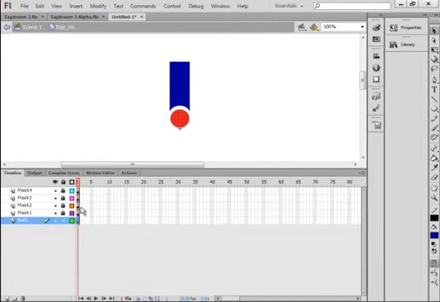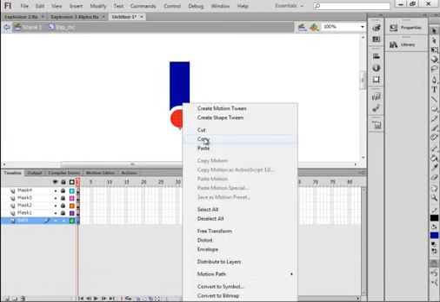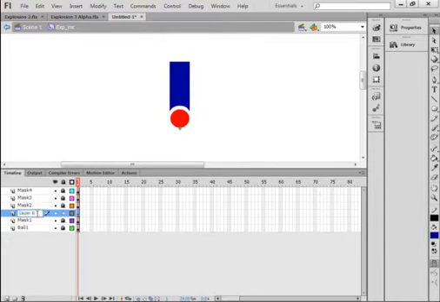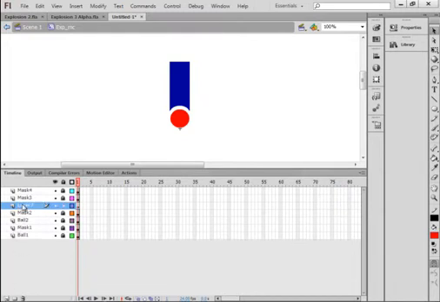Select the first frame, get the selection tool, highlight it, right click, copy that ball, lock all the layers, select the mask 1 layer, insert a layer, call it ball 2, BALL2, select that first frame. Again, make sure it's the only layer that's unlocked. Right click up here, paste in place, lock that, select the mask 2 layer, come down, insert a layer, ball 3,